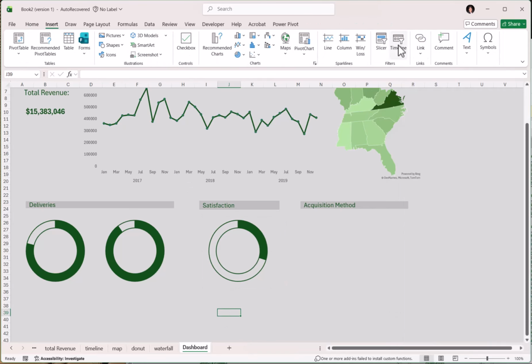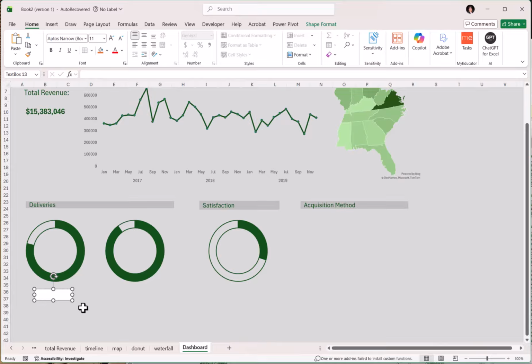Okay, let's get some labels on these. For these two at least, I need labels. This is going to be on time. And let me just format it like this one. A little bit smaller. Perfect. Make a copy and bring it over here. This one is the returns. In the header on satisfaction, this will actually be my low satisfaction percentage, and